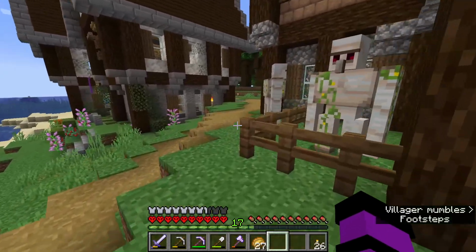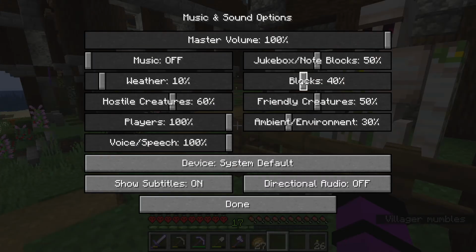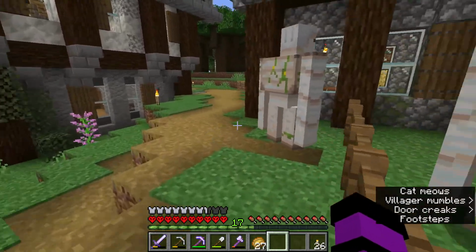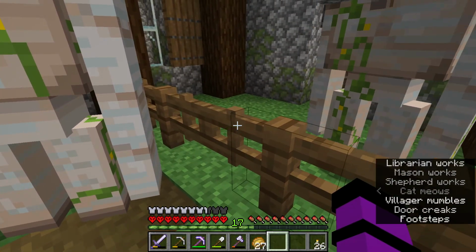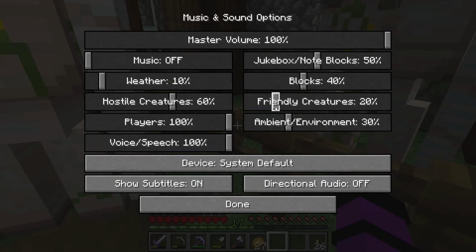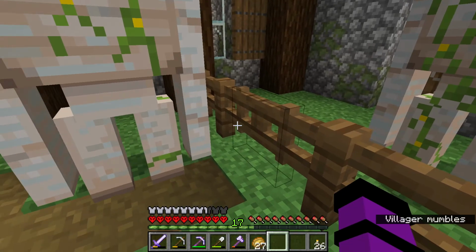Excuse all the hmms. Hold on, can I actually turn down the friendly creatures? Can I turn that down and that turns them down? Yeah, that brings them down. Okay, hold on. Turn this down drastically then, because we're about to go into a whole land of